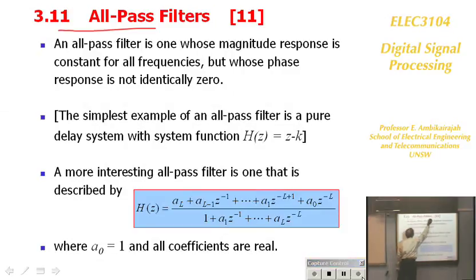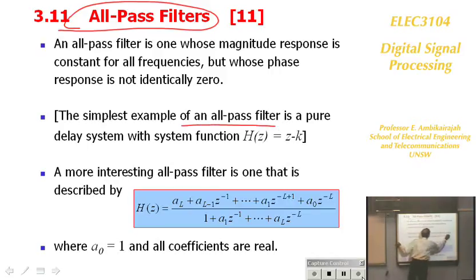The next section is all-pass filters. Now, we looked at maximum phase, minimum phase, and mixed phase filters. Now, all-pass filters. A filter that passes all the frequencies without attenuating. The simplest example of an all-pass filter is a pure delay system with h set equal to, no, that's